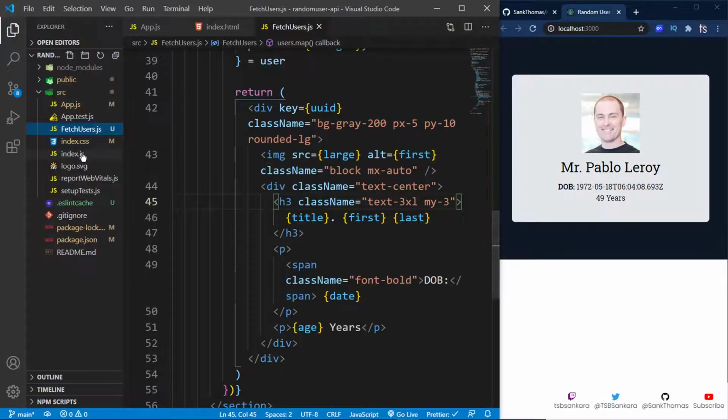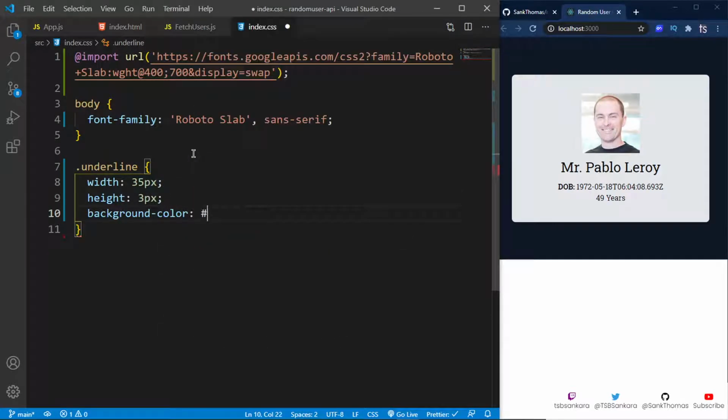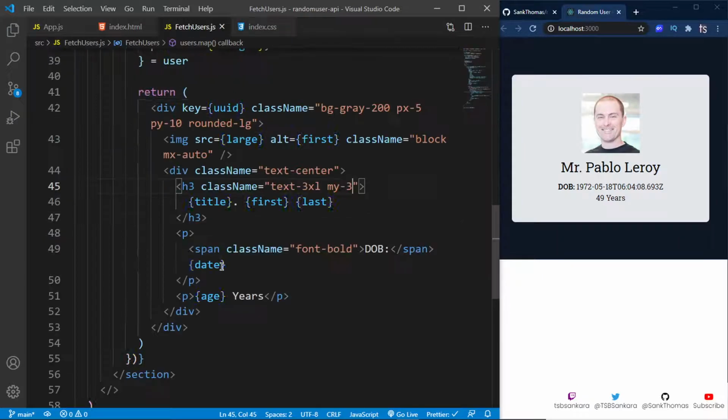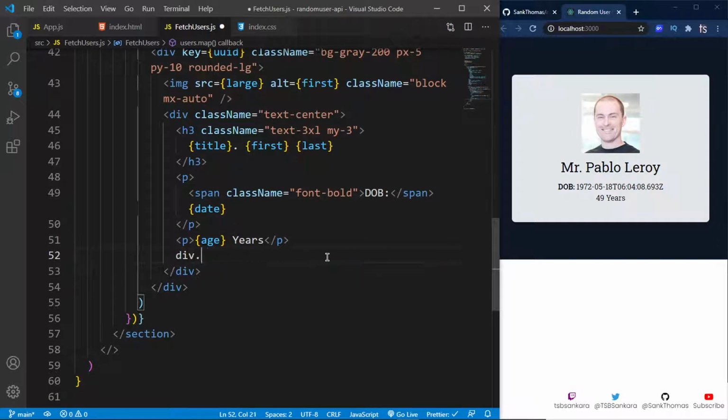So let me go back into my index.css, and then I'm going to create a class of underline, and I'm going to say this should have a width of, let's say 35 pixels and a height of 3 pixels and a background color of, let's say, 222. Okay, and actually I think that's fine. The reason why I have this is because I want to have an underline right there, and you'll see it in a moment. Below this paragraph right here, I'm going to add a div with a class of underline